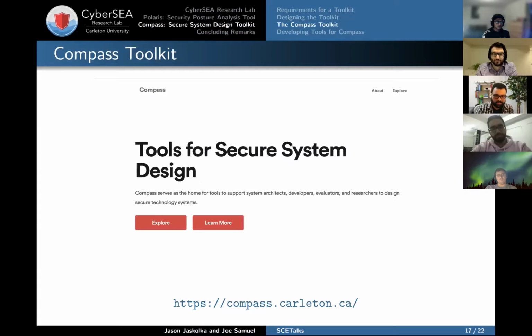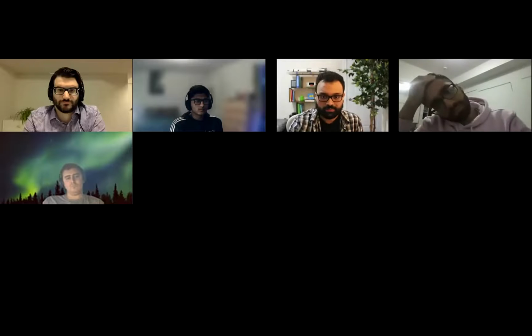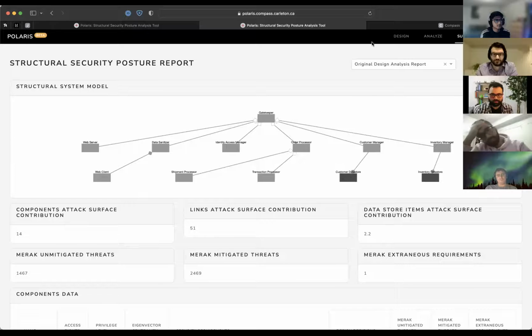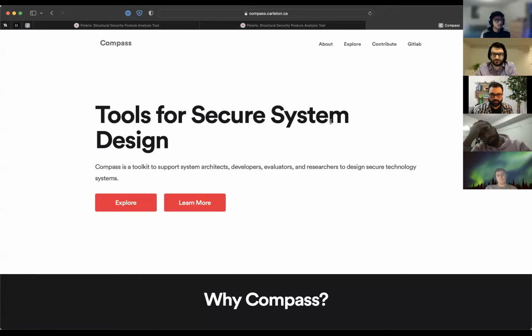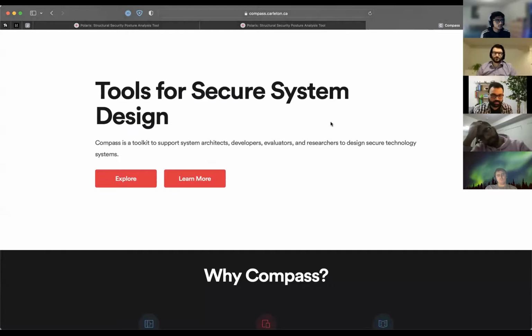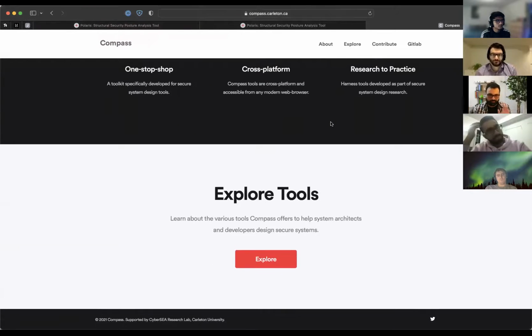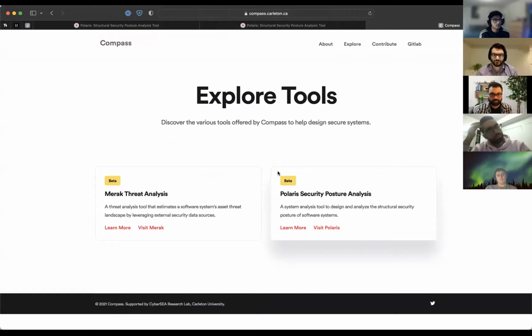So Compass is also available as a website. Remember our requirement, I think it was 6, where we wanted to showcase the actual tools of what is available. So that is what we have here. You can access it as well, and it's a fairly simple site that gets to what is going on, and behind the scenes is all that fun infrastructure stuff. But on the front, it's fairly straightforward, and you go explore.